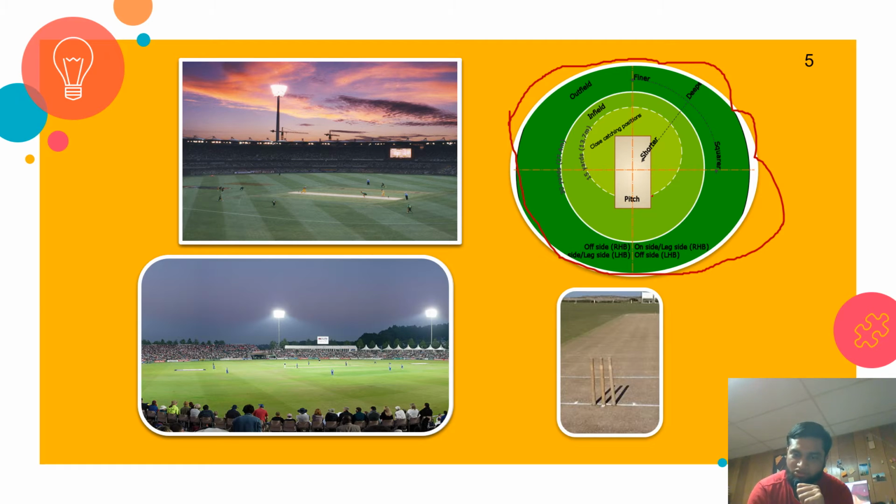This is what an actual pitch looks like. There is long grass around, and usually there is not much grass on the pitch itself. The bowler and batsman need to throw the ball here, and this is called the stump. But I'm going to the equipment later. So if you understood about the pitch and boundaries or field of cricket, then